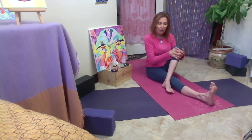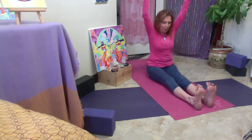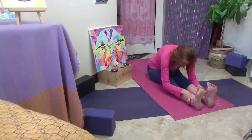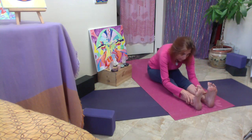And release. Good. Stretch both legs out. Reach both arms up. Feet are hip distance. Forward hinge. Relax your arms, your head, neck, and chest. And most importantly, relax your shoulders. Keep pressing the sit bones and the backs of the legs down as you relax the upper body over the